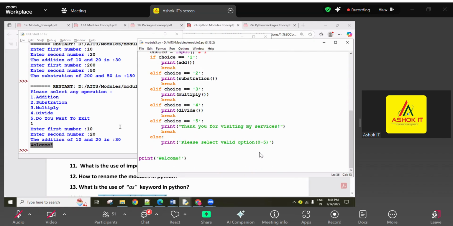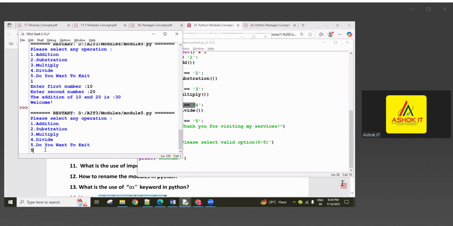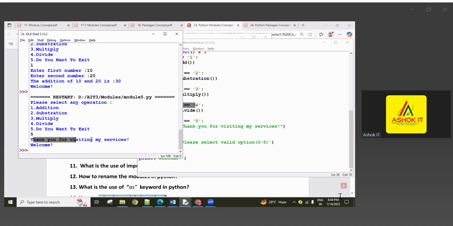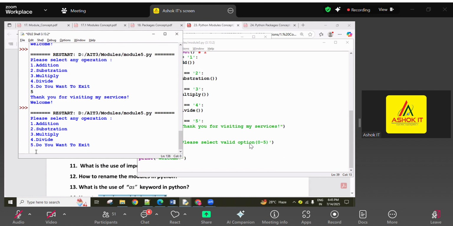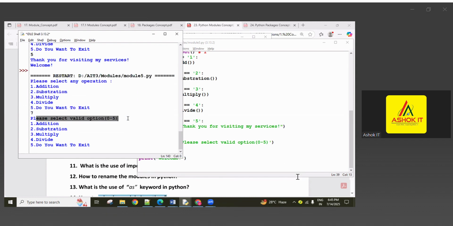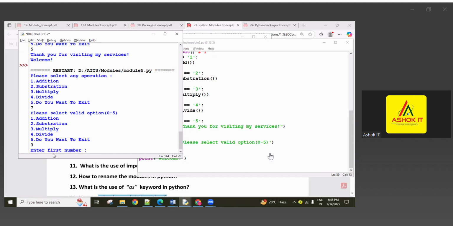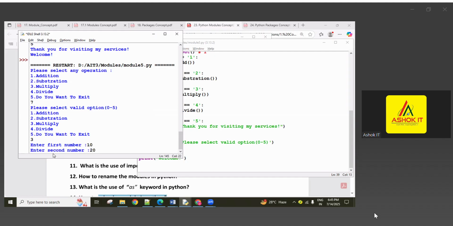Okay, now one more time execute. I'm entering 5, guys. Then see here: thank you for visiting my services, a normal message. And one more time, I'm going to enter 7, an option that is not there. Then it displays please select valid option, and again displays the options. Now I'm going to give 3, which is multiplication. So 10 into 20,